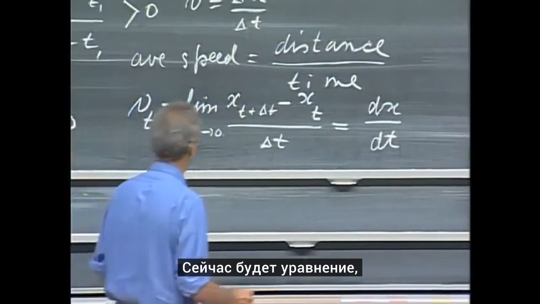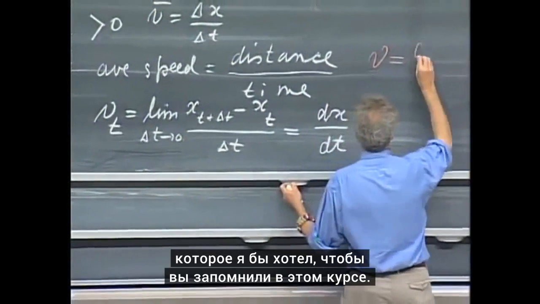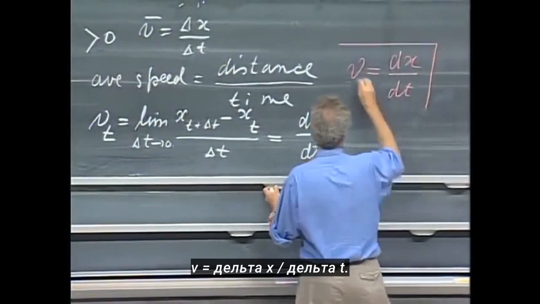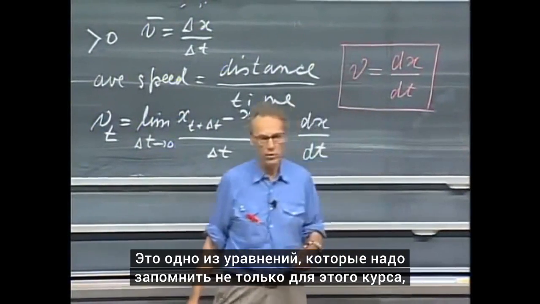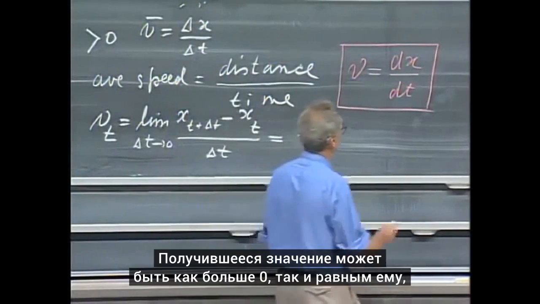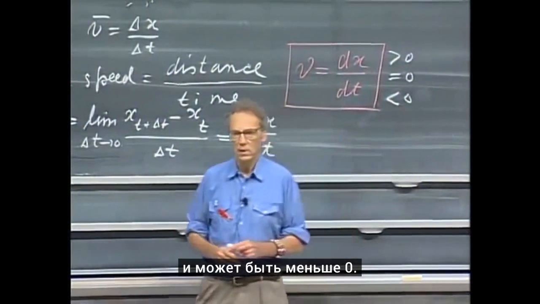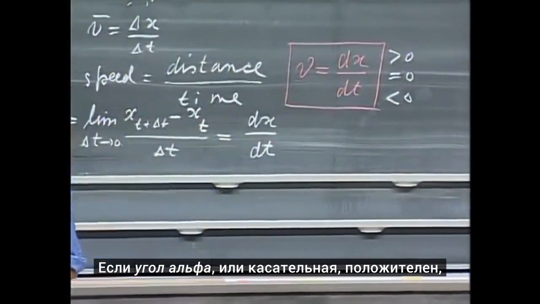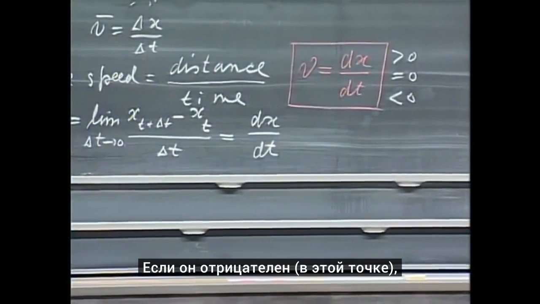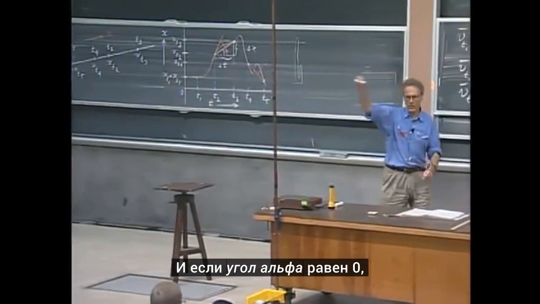And now comes an equation, which is one of the very few that I want you to remember. In 801, v equals dx/dt. This is one that you must remember not only in 801, but for the rest of your time at MIT. And this could be larger than 0, this could be 0, and this could be smaller than 0. If the angle of alpha, the tangential, is positive, then it is a positive value. If it is negative, however, then it is a negative velocity. And if the angle of alpha is 0, then